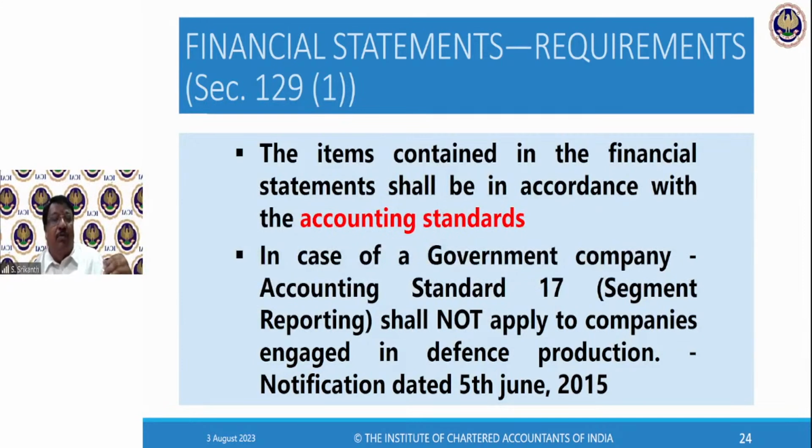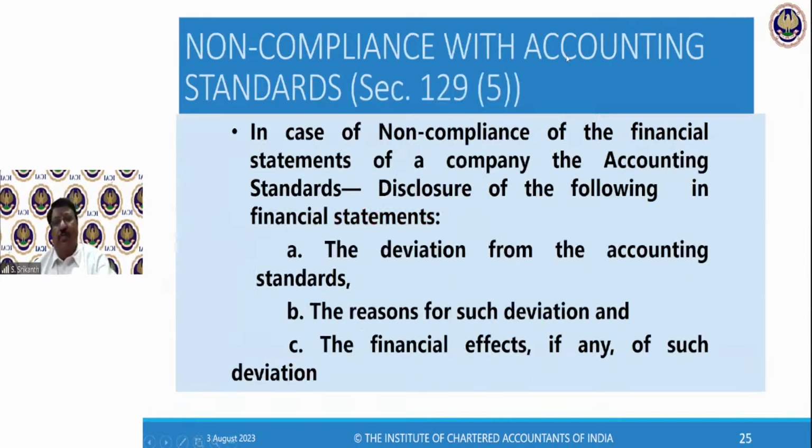See, if they give segment-wise reporting, they will have to report their numbers and all that. So if somebody is making army tankers, etc. Near Chennai, in Avadi, we have a heavy vehicles factory, HVF Avadi. It's a government undertaking. If you give all the details, then it might result in leaking of national security data. So they are exempted from segment reporting, right? More for information.